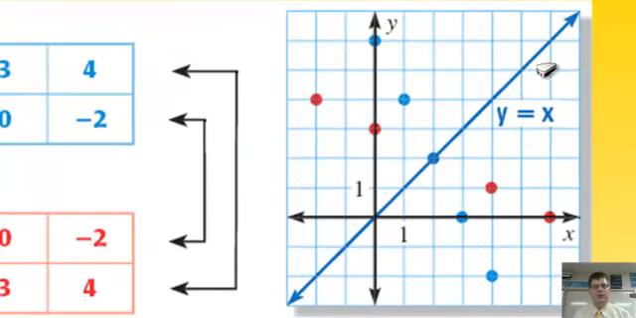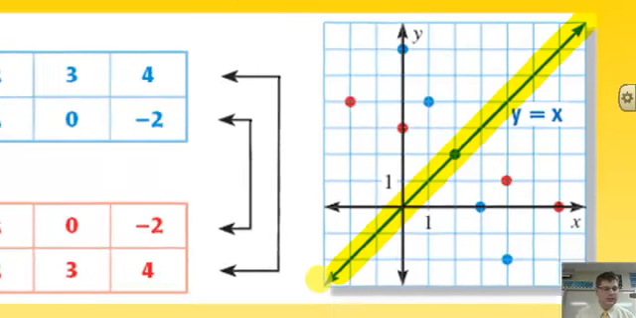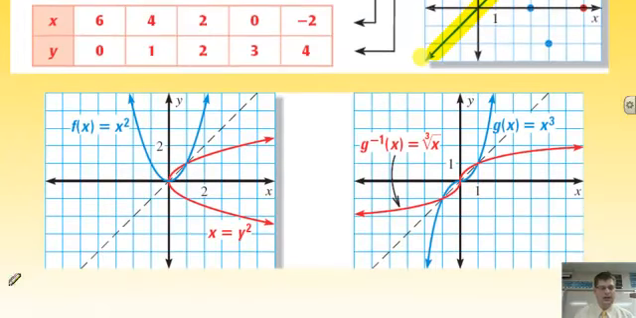Well, it turns out that the line of reflection is always going to be the linear parent function. Whenever you flip the x and y around, it's always going to reflect over y equals x. It's crazy, I know, but there it is. And we'll see that happen with other things. So for instance,